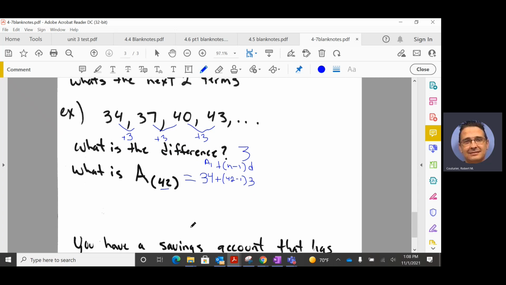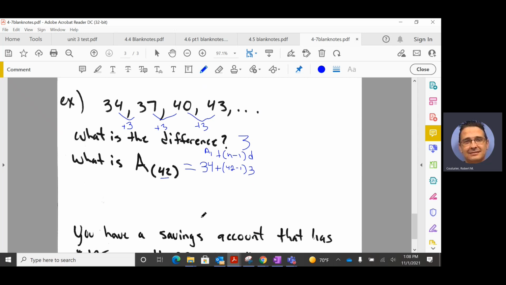We found all our pieces. Now we can evaluate. Order of operations is parentheses first. So 42 minus 1 is 41, still in parentheses because we have another operation going on here. And then 41 times 3